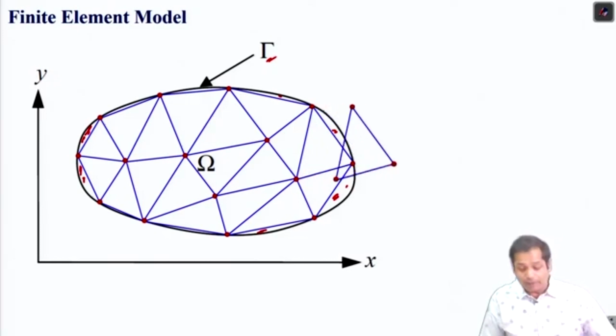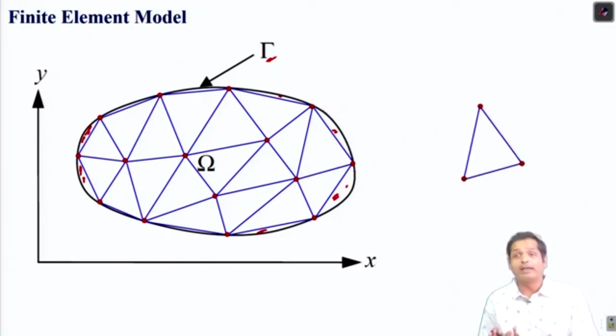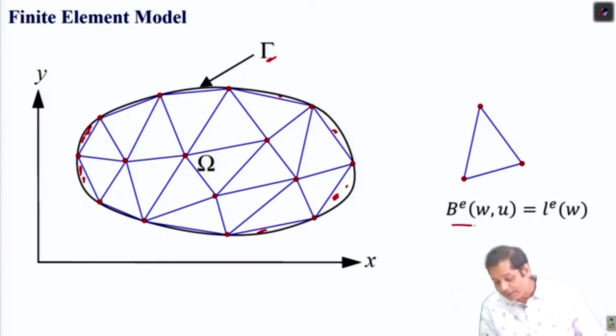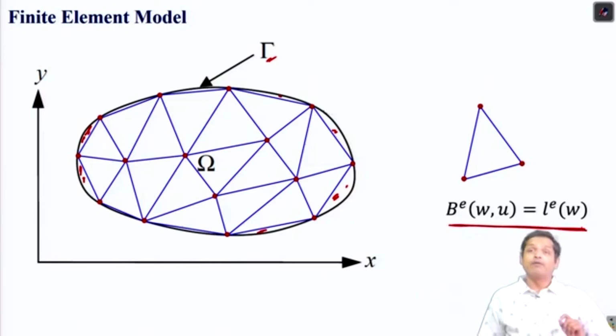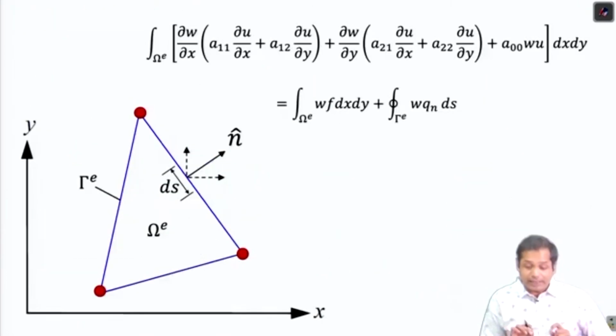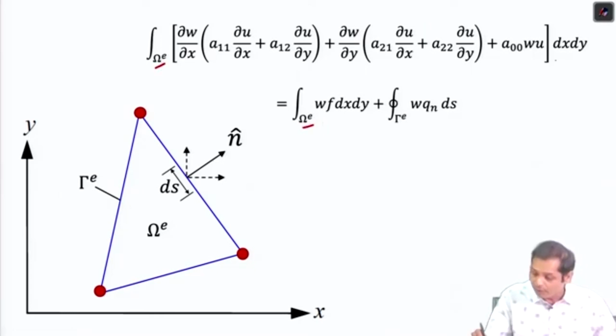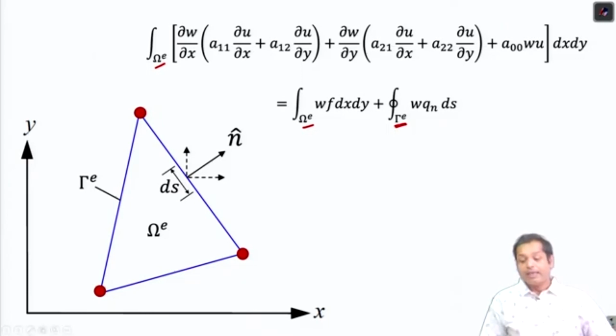What we have to do is take one element, and on that element apply this bilinear form, so we apply this weak form. If we write this weak form at the element level, the element level representation will look like this. So it is on the element, and this gamma e is the element boundary. Now we will have a detailed discussion on this part,